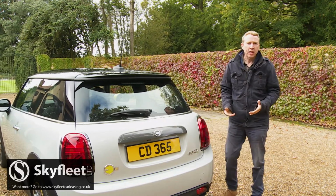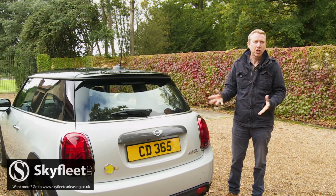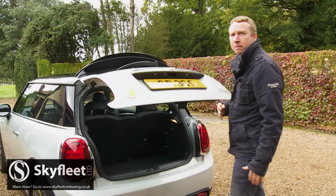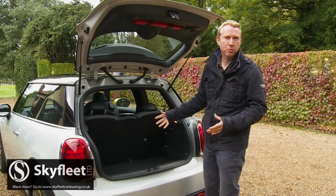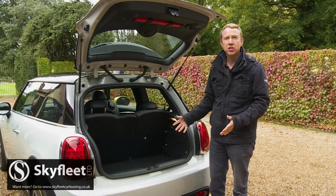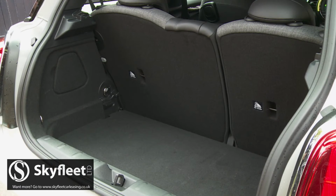We'll finish by taking a look in the boot. On a little 3-door mini hatch, you won't be expecting it to be very big, and it isn't. But at least its capacity isn't compromised over that of the combustion model, which isn't always the case with EVs. Get over this rather high lip and you'll find it to be quite deep, with a good square shape and